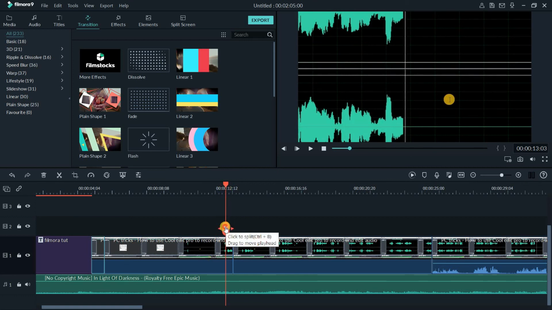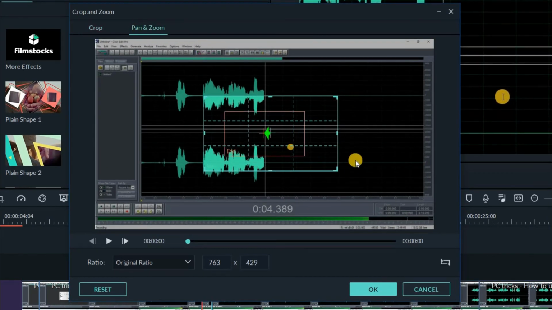If you take this small portion and I split it, you select that video portion, crop and zoom, and then, so this one too, we want to zoom out to the bigger window. So the start,